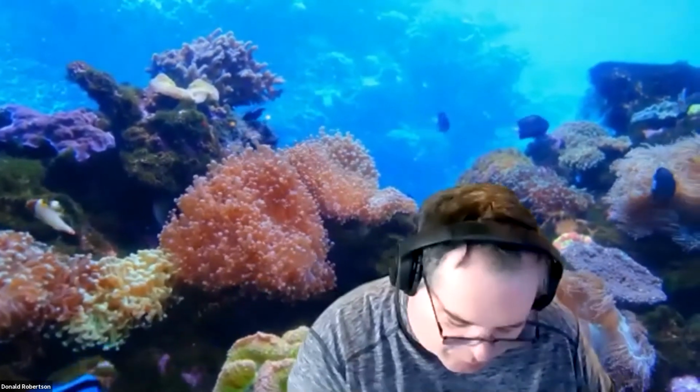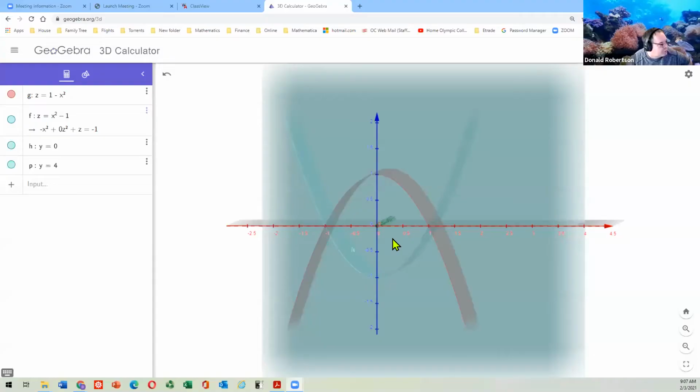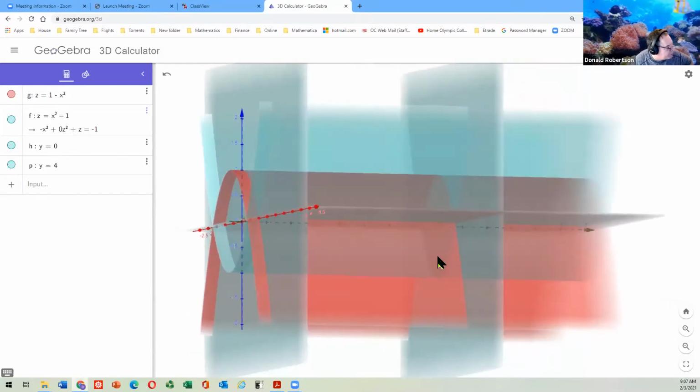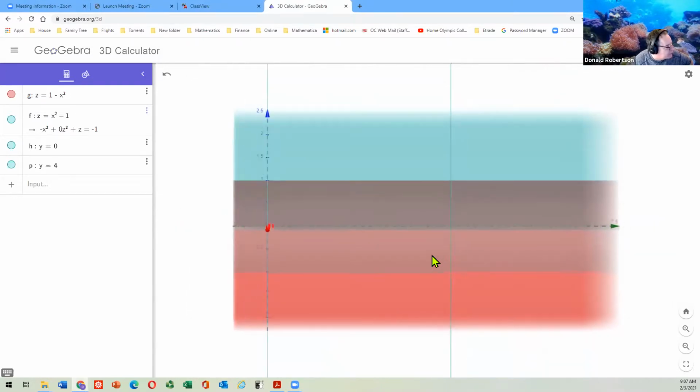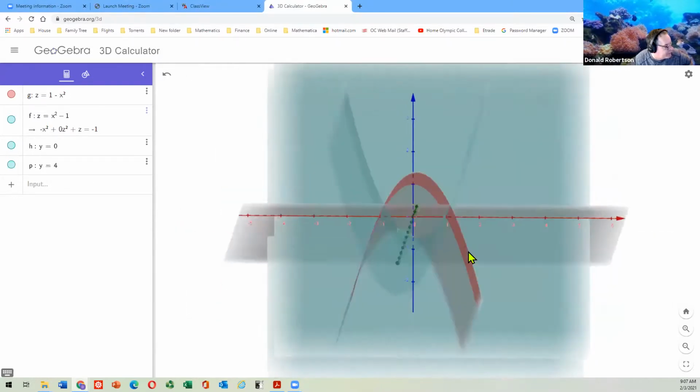Okay, so I'm going to go in and show you what this whole region looks like to try and justify what I'm about to do algebraically. So what you're looking at is z equals x squared minus 1 and 1 minus x squared. No idea why it did that, but it decided it wanted to. y equals 0 and y equals 4. So when you put this whole shape together, if I scroll out a little bit,